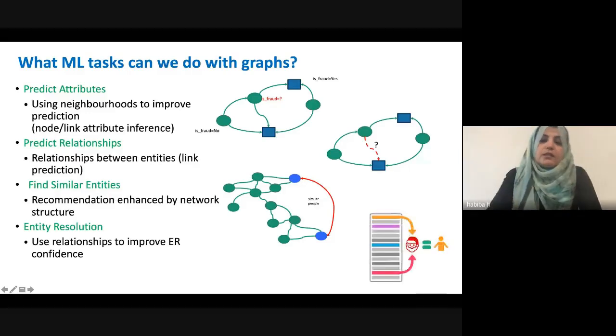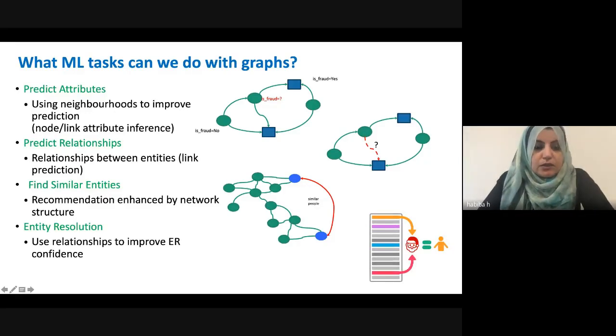Another application where graph machine learning, or learning on graphs in general, has been used in practice a lot is entity resolution. This is the question of when you have one individual with multiple identities, how do you resolve that they are the same individual? And you would wonder, why would individuals have multiple identities? So I'll go back to the Panama Papers leaks. In the Panama Papers and Paradise Papers leaks, what we found out, by we I mean the investigative journalists who were doing all the digging,